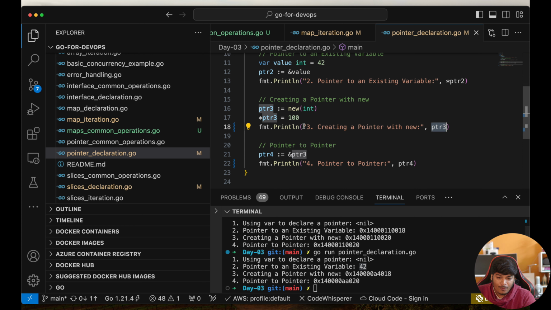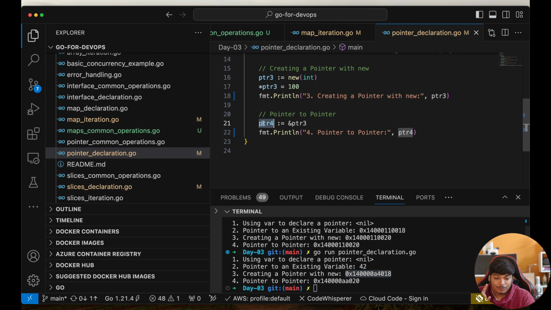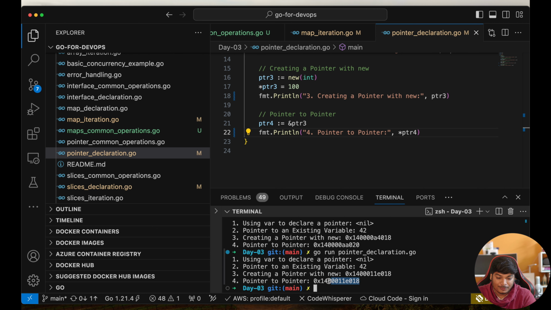Now see, that is using the new function. Okay, we have pointer 3, whose memory address looks like this. Now for pointer 4, it's a pointer of pointer 3, but see the memory address is different. Now the moment you add a star and run it, it's printing the actual value,